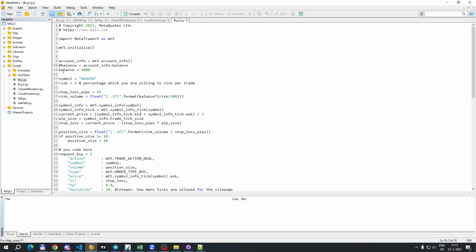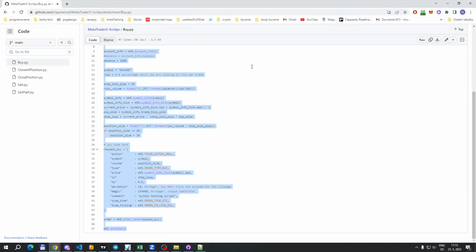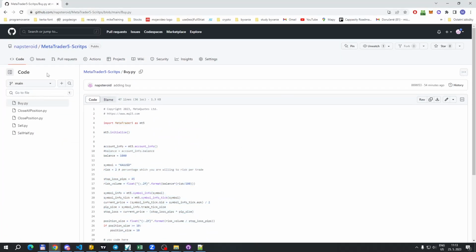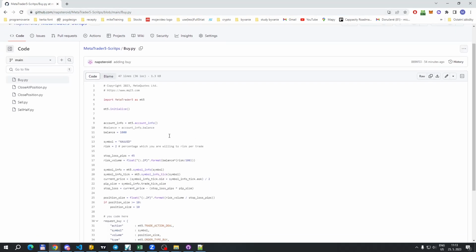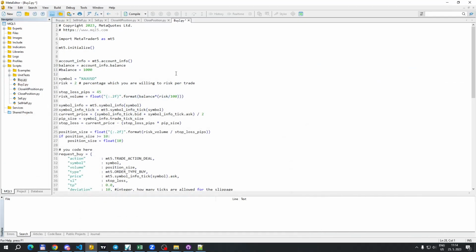Basically, if you trade this on a live account, you can uncomment this line. Just delete the hashtag to uncomment it. And here we are missing float, so it should be fixed on GitHub. Let's double check. We go to GitHub. I didn't refresh this, I guess. Okay, it's not here. I will fix this. This should be float because otherwise it's throwing errors. Anyway, if I save it now,